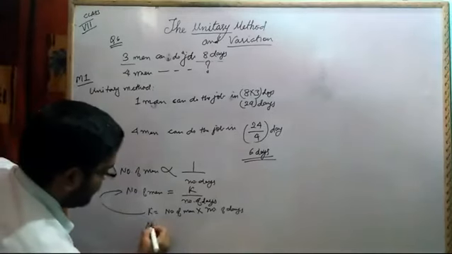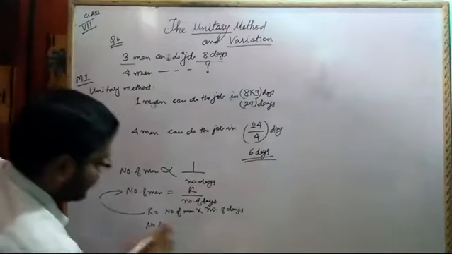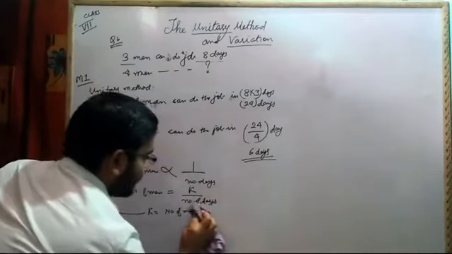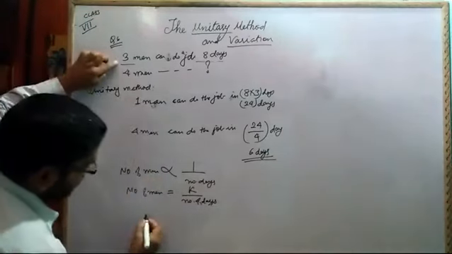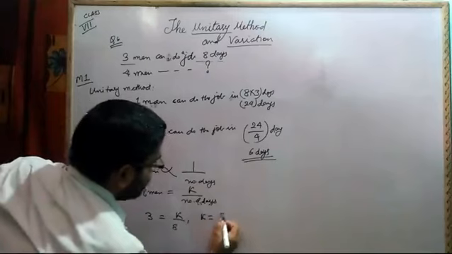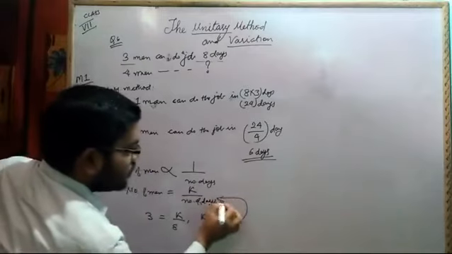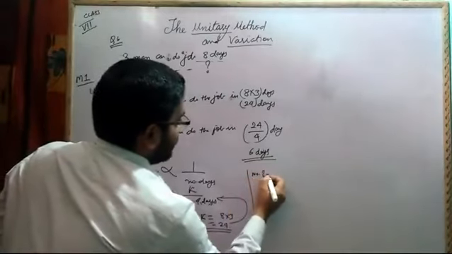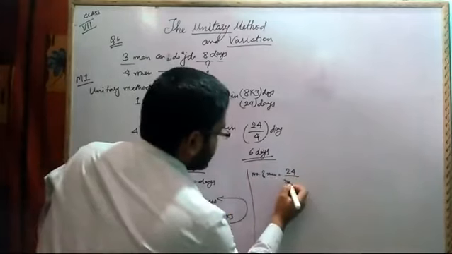So here it will be number of men, okay, this is inversely proportional. No need to find this value. Why to find K in this form? We can find the value by substituting the values. Number of men is how many? Number of men 3. 3 is equal to K upon 8. So from here K is equal to 8 into 3, that is 24. You got the value of K. Now you have to put the numerical value of K. I was putting the formula only. So here number of men is equal to K. K is how much? 24 by number of days.